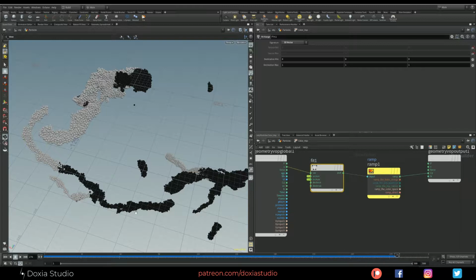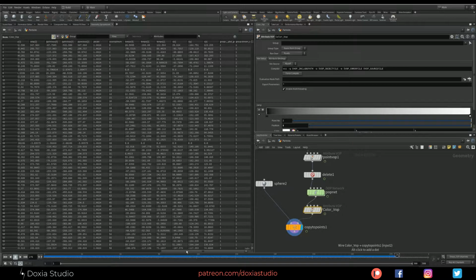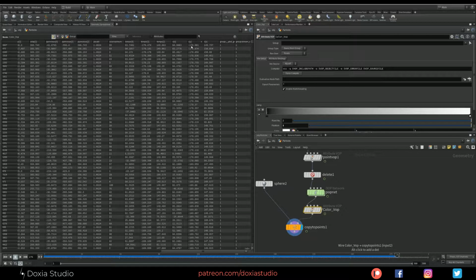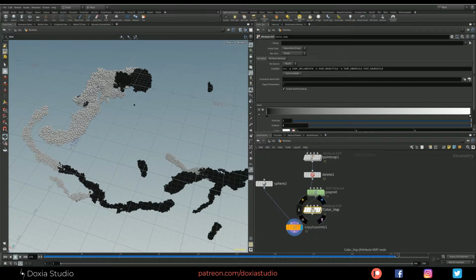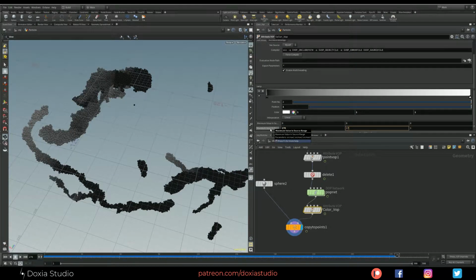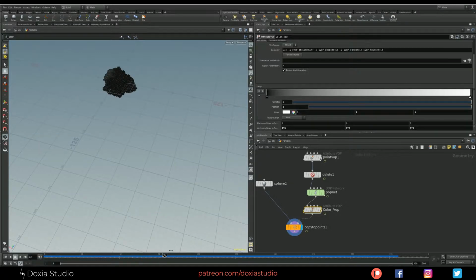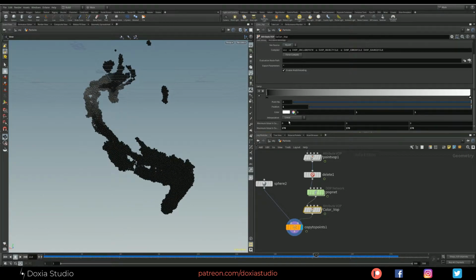We don't really know the highest velocity. You can check on the geometry spreadsheet. Let me see velocity. Where are you? Velocity. So we have higher values. So let's maybe like this. Always when they are going up, it's